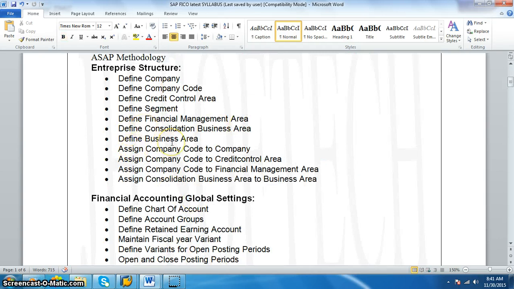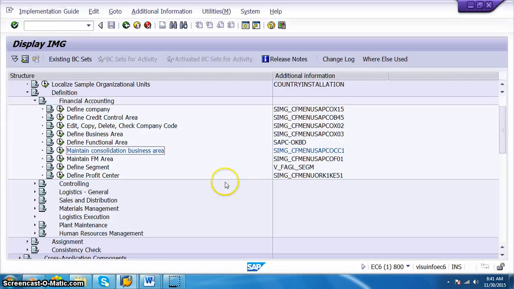Business area is already there, and then we also want to create the financial management area. For the financial management area, we can do it from here, maintain financial management area. The transaction code for this is OF01. So just click on that.